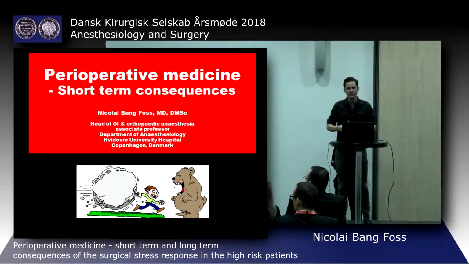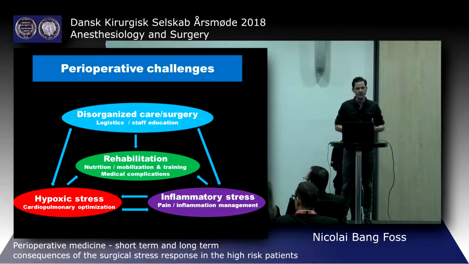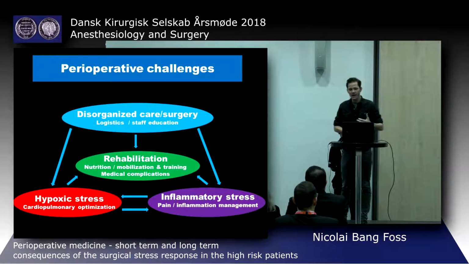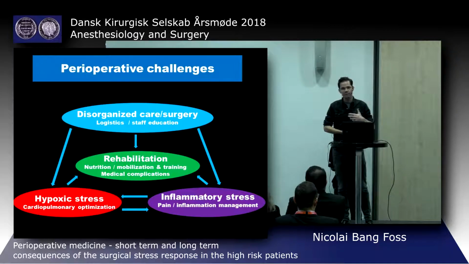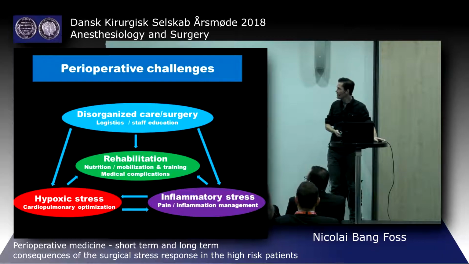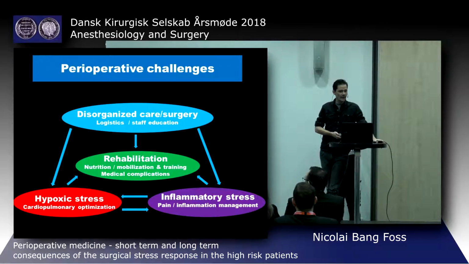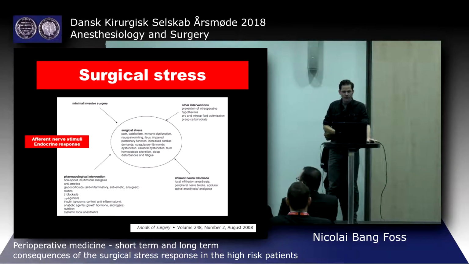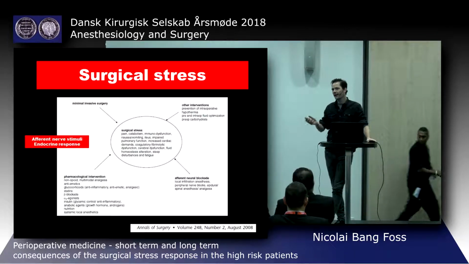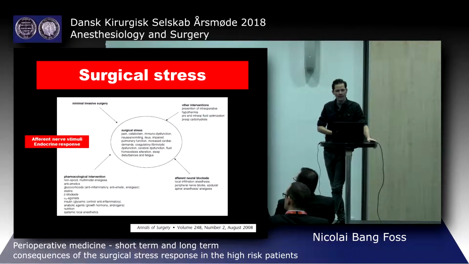Inflammatory stress, secondary to trauma, and hypoxic stress, secondary to cardiovascular insufficiency and pulmonary insufficiency, and obviously the inflammatory stress promotes the hypoxic stress, and this gives the patients complications and retards recovery. The surgical stress response has many different paths, and I don't have time to go into all of them, but basically all of the issues that make the patient not in their pre-surgical condition are due to the surgical stress